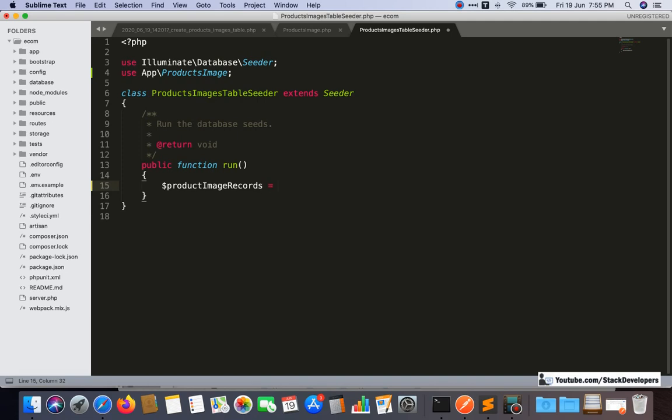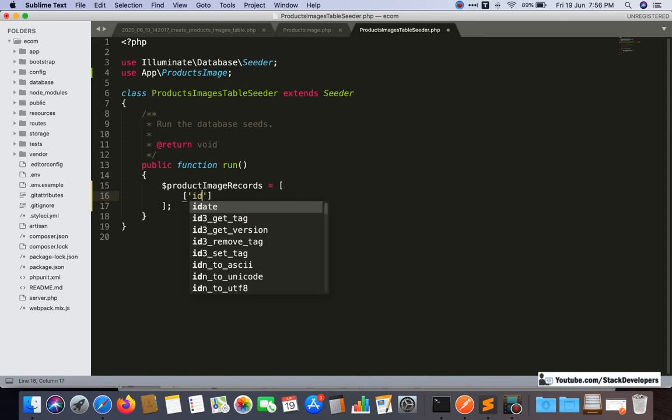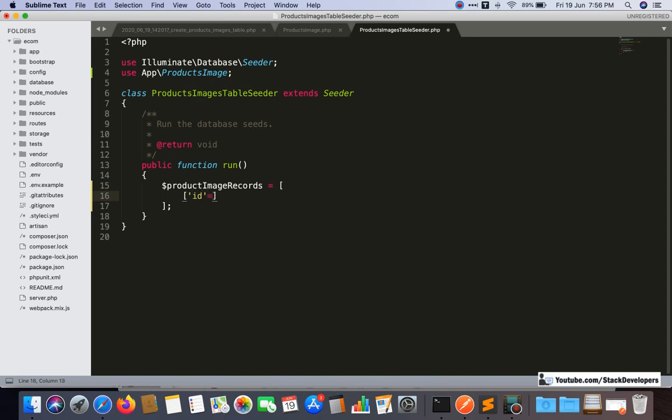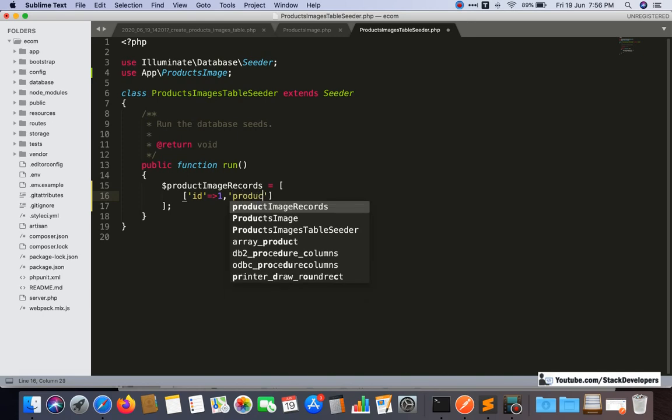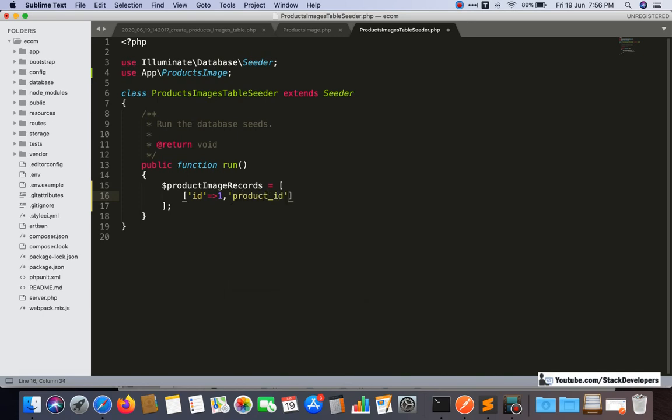Here we give id 1, and after that product_id will also be 1. And now the image name.